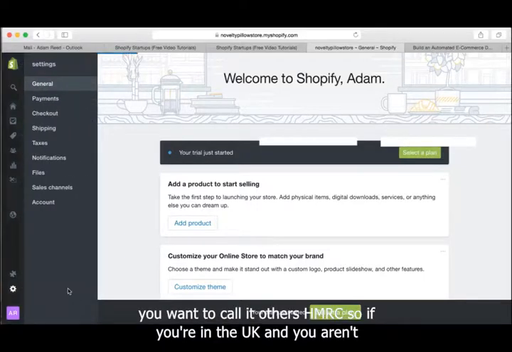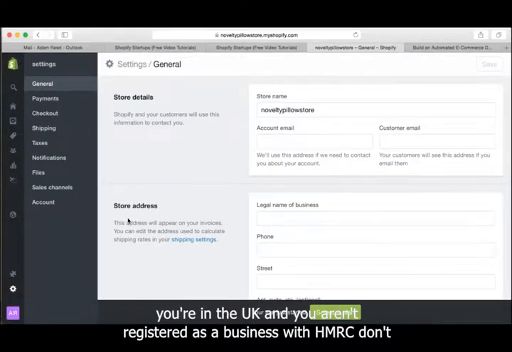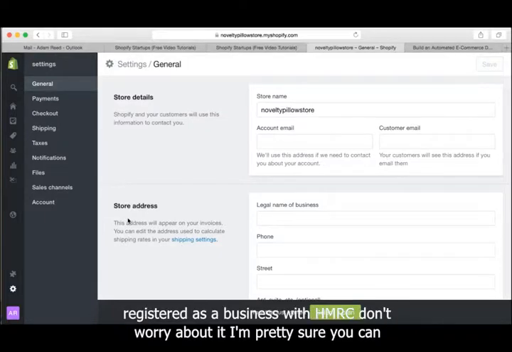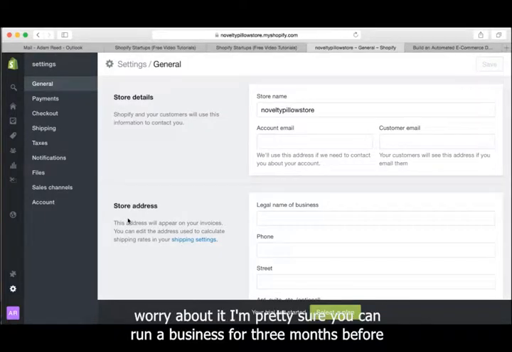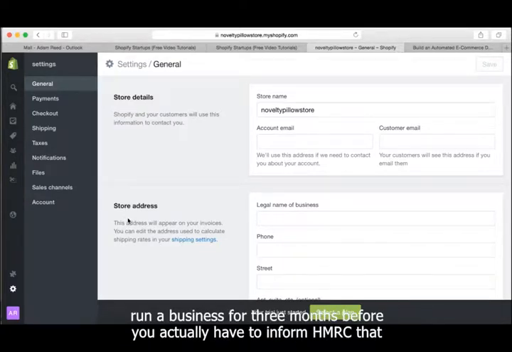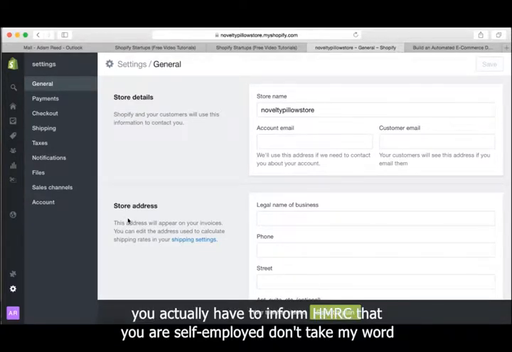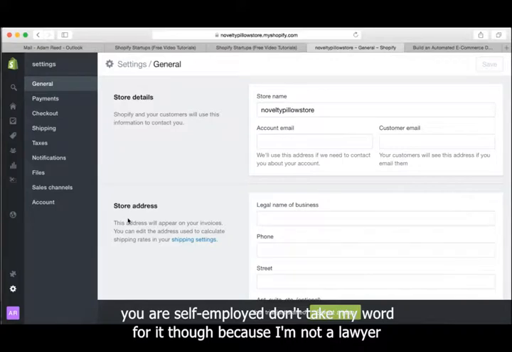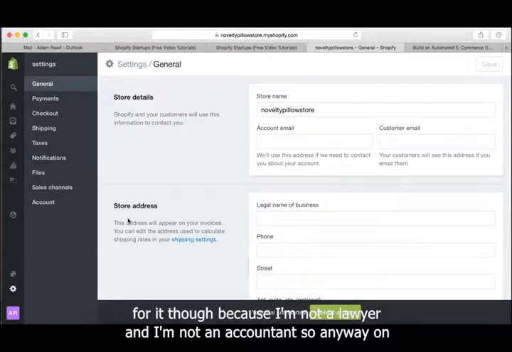So if you're in the UK and you aren't registered as a business with HMRC, don't worry about it. I'm pretty sure you can run a business for 3 months before you actually have to inform HMRC that you are self-employed. Don't take my word for it though, because I'm not a lawyer and I'm not an accountant. So anyway,